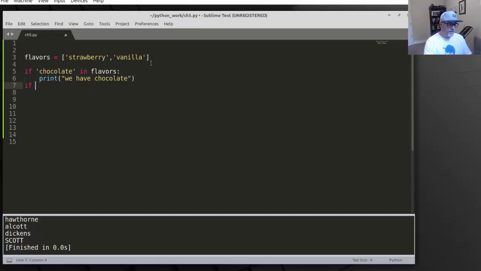If strawberry in flavors, and enter, then print